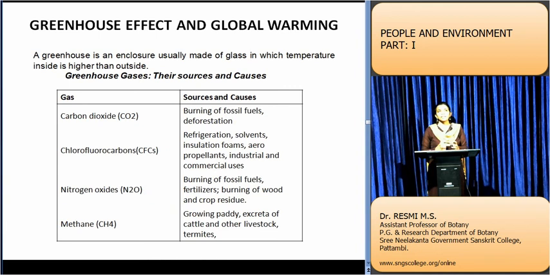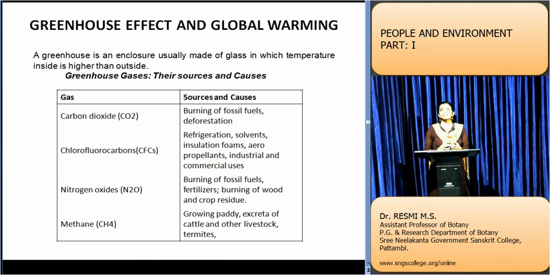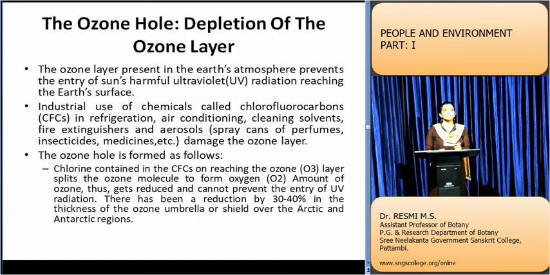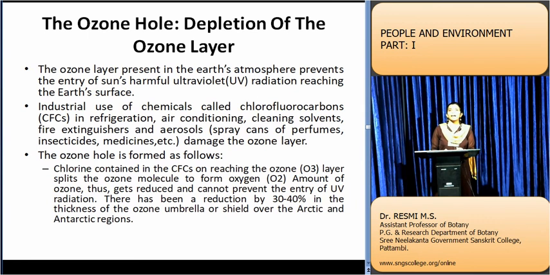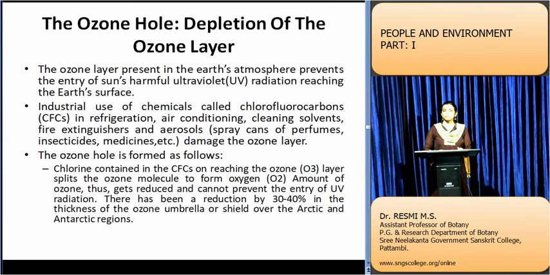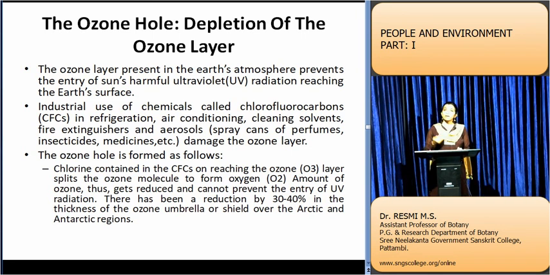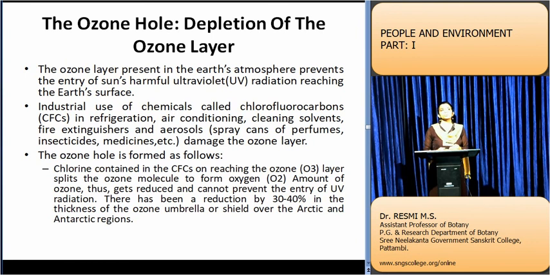The effect of an increase in these greenhouse gases will lead to global warming, that is an overall increase in the earth's atmospheric temperature, and this global warming will indirectly lead to ozone depletion and the ozone hole. So what is ozone? It is the ozone layer present in the earth's atmosphere. It is a protective umbrella that prevents the entry of the sun's harmful ultraviolet rays